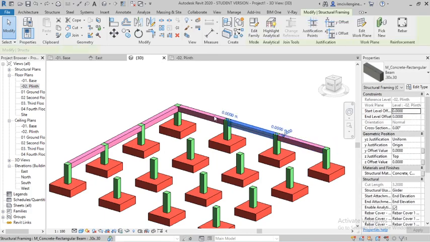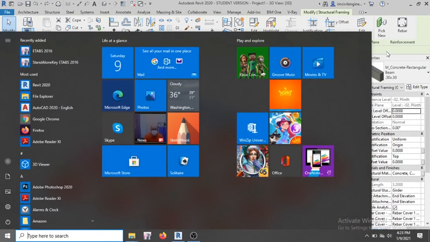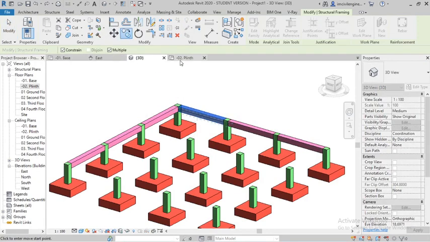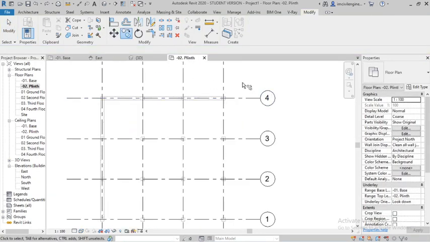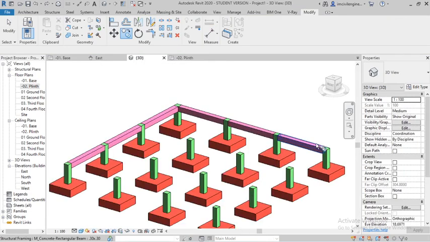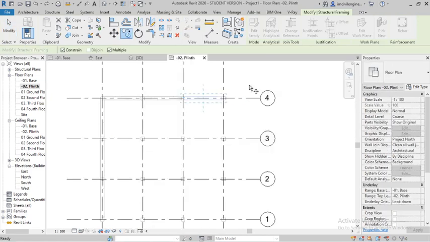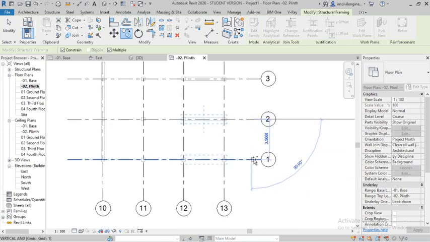So you can select it and copy the object, go to plinth level and enter. Sorry, it's not selecting one column, go to plinth level, copy. Now it's happening. I don't know actually, maybe some issues using the software.